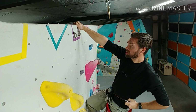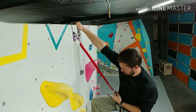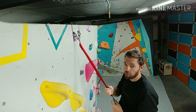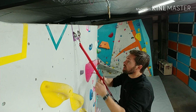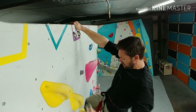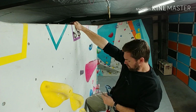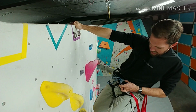You can also use it as a personal anchoring system when you get up to the chains. Now if you'll notice here, I've got a carabiner on both sides. That's because I have it set up as an alpine sling. I want to make sure that it is as usable as possible. Now, as of lately, they recommend that you girth hitch your personal lanyard, your safety lanyard, through your harness like